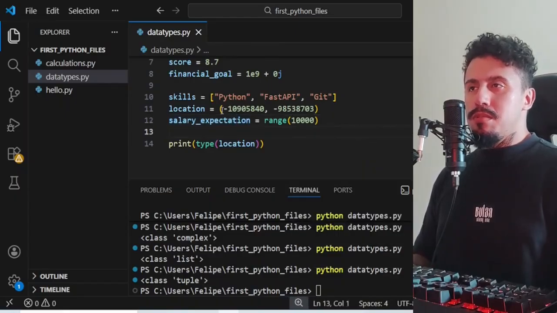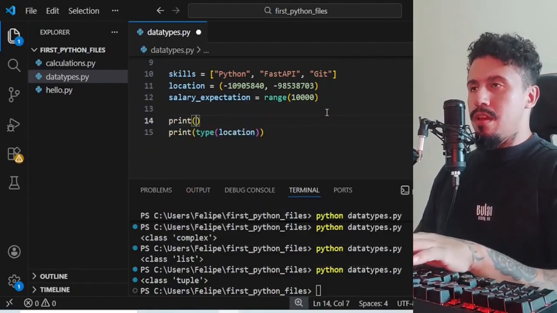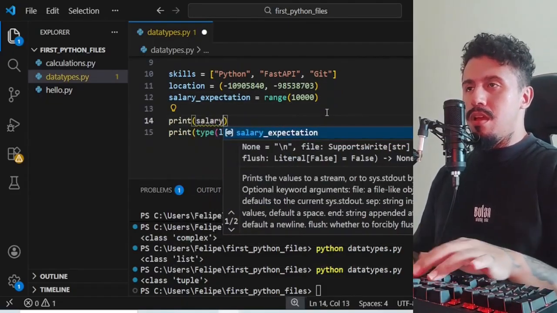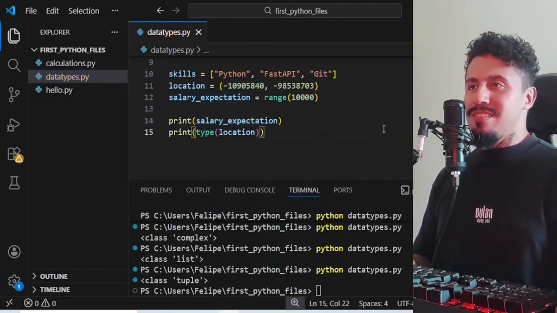All right, this is basically, if I print the salary expectation, we're going to see the value that it's going to generate, right?